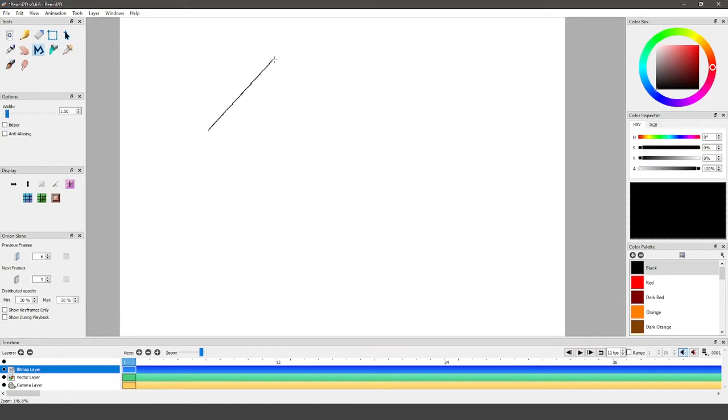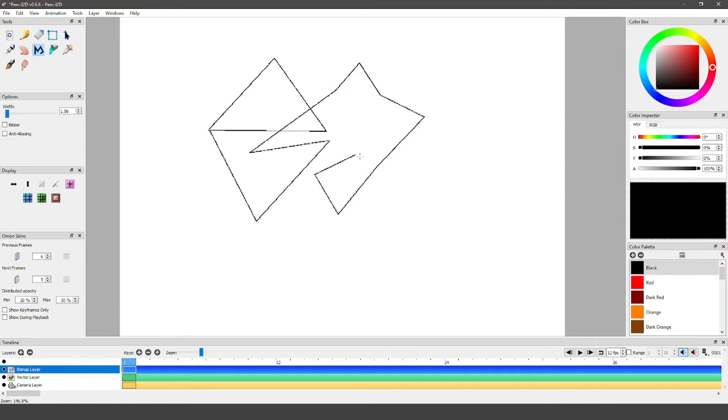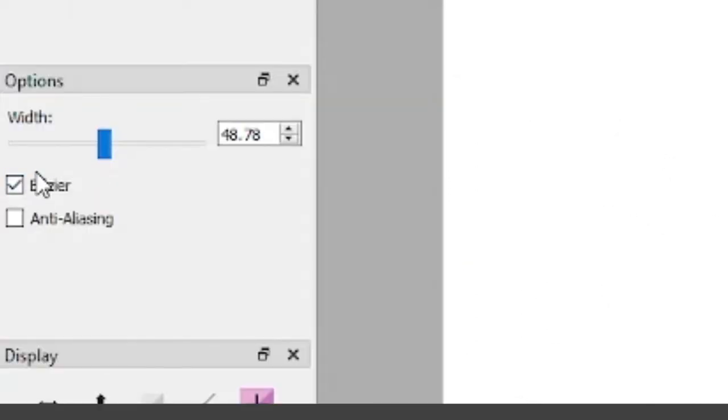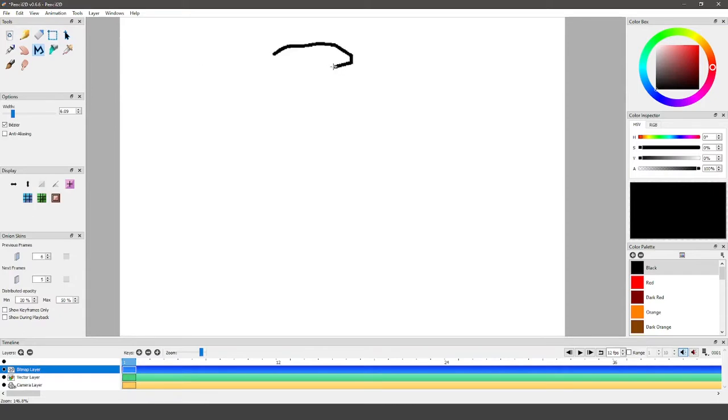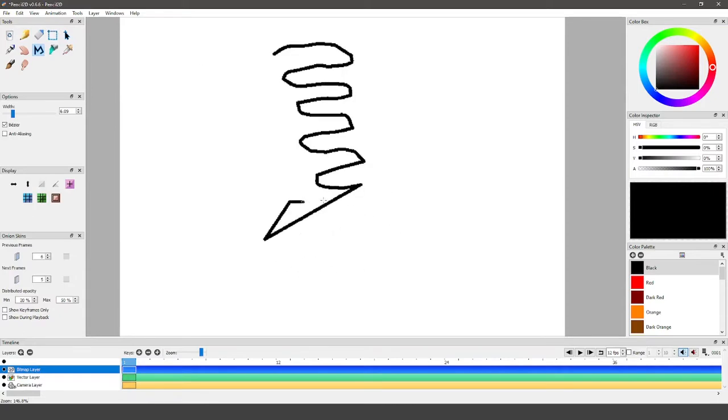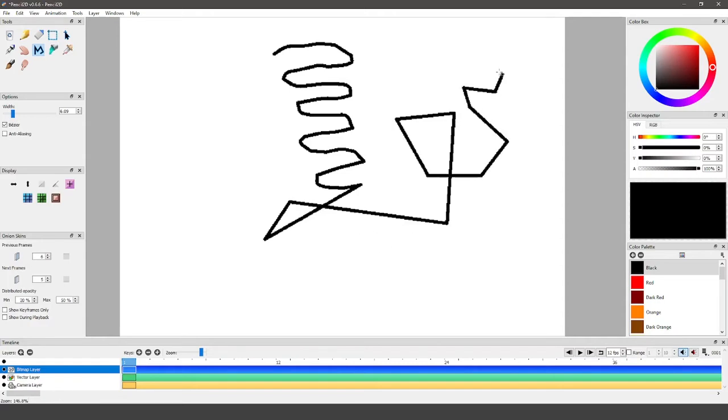This polygon tool is a little weird because it just makes a continuous line, and then I was panicking, like, how do I stop the line? You have to press enter. This is supposed to make it with curves. If you do a lot of little lines, it could make a curve, but if you do like that, nothing really happens. Maybe I'm just dumb and I can't figure it out.